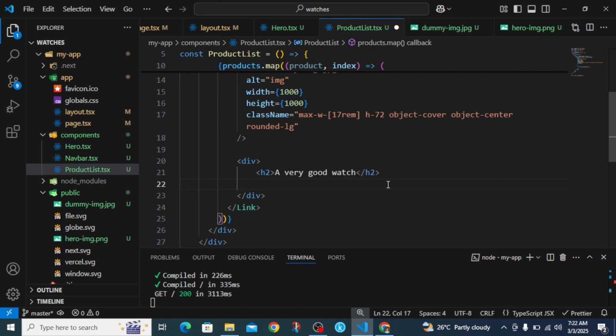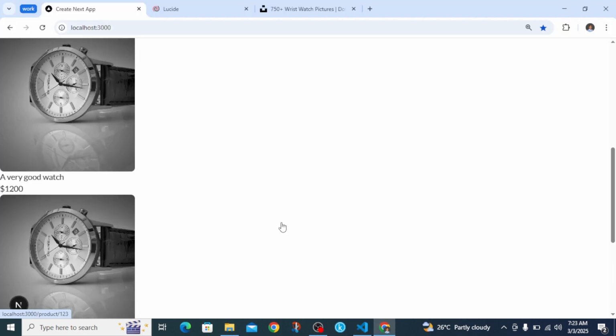and then we're going to have the product price, give it a p tag, a $ sign, and then let's say this is $1,200, just like this, and then we can save this. Yeah,